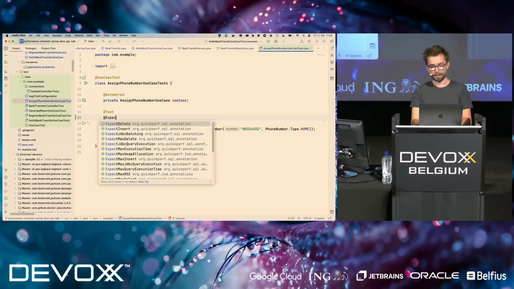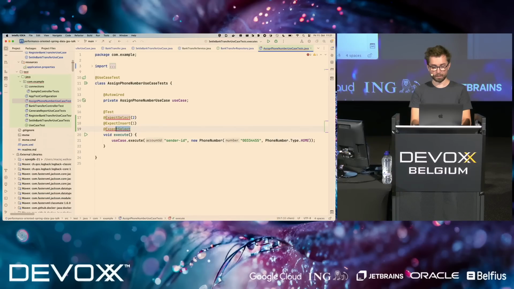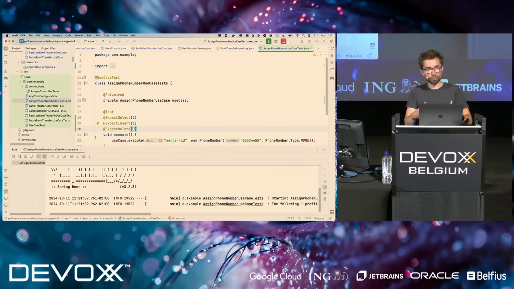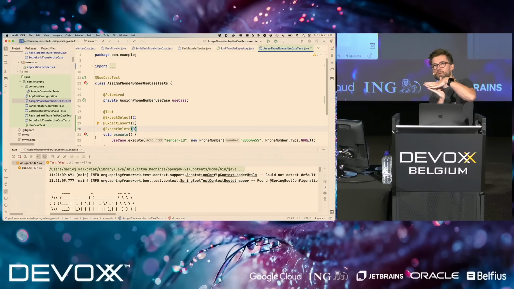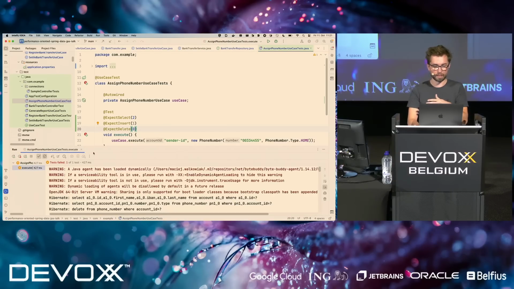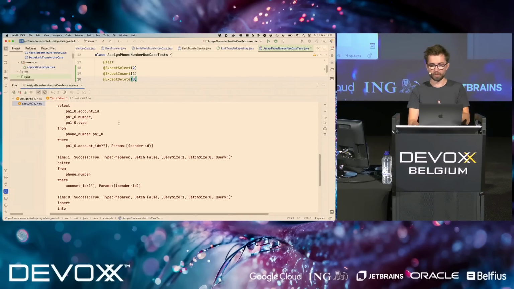You can say that you expect that during this method execution, during this test, there will be, let's say, 2 selects happening. You expect that there will be 1 insert and maybe expect 0 deletes. Under the hood, it will track all the interactions with the database, and it will check at the end if it was met or if it wasn't met. And if it wasn't met, you will get a decent report on what is not right. You will see all the queries that got executed, including the